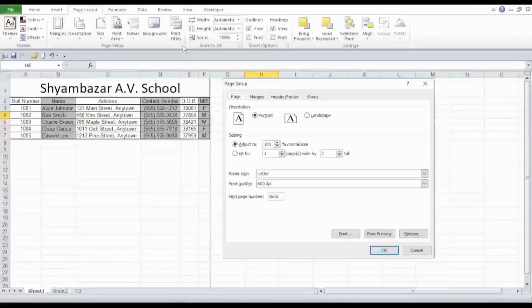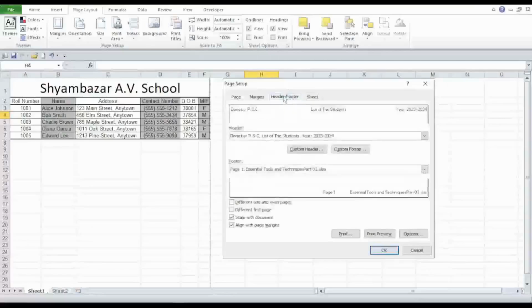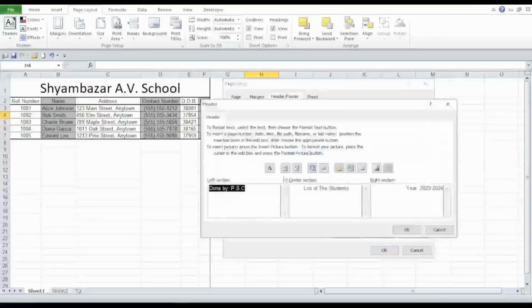In this palette we have to provide our data. In this pull-down palette we are also seeing the option for header and footer. To create a header we have to click on Custom Header or Custom Footer. Say I am clicking on Custom Header, we are seeing 3 sections: left section, middle section, and right section. Here in the left section I have written done by, PSC, in the middle section list of the students, and on the right section year,